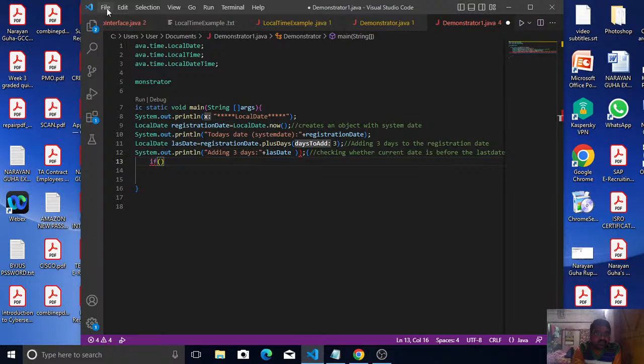To create the date and time code, you have to type a specific code. I have given the text file link in the description. You can download the text file and just copy and paste. So let's start. First of all, you have to create a